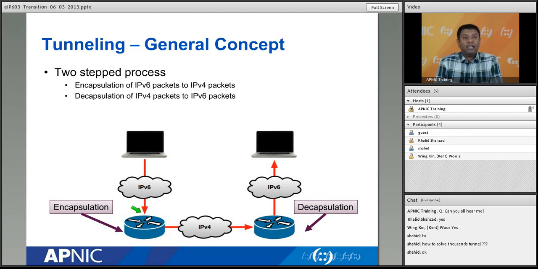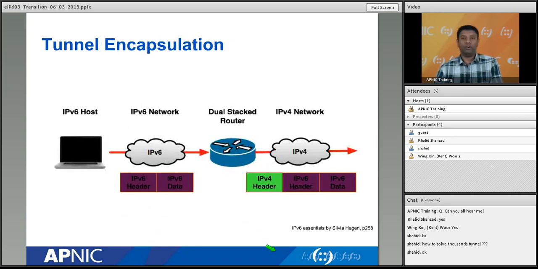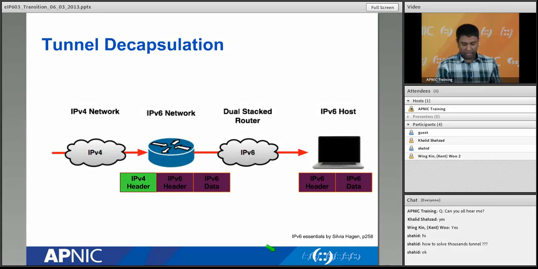So in this tunneling, how do we configure it? We configure this router and the other router. This router will do the encapsulation process. What does that mean? The V6 packet will be encapsulated with a V4 header and go across the network. On this side, we will have a decapsulation process. In the decapsulation process, how does it work? The V4 packet header will be stripped out, and the native V6 will be forwarded on the other side of the network. So that is what we call the encapsulation process and decapsulation process in the tunnel.